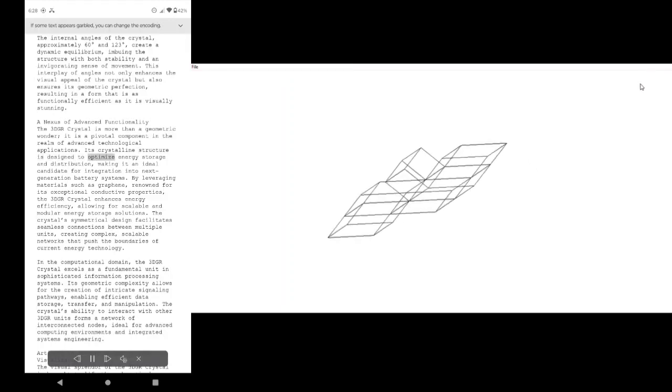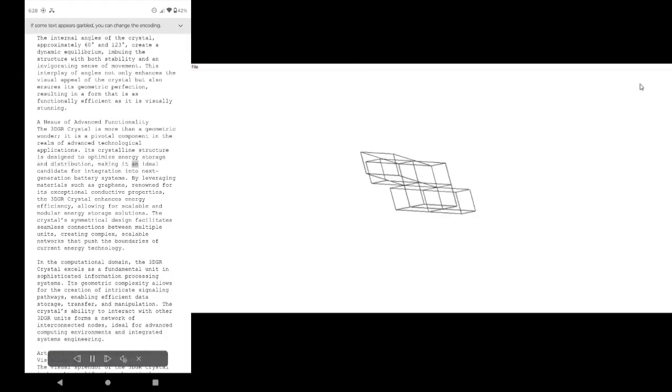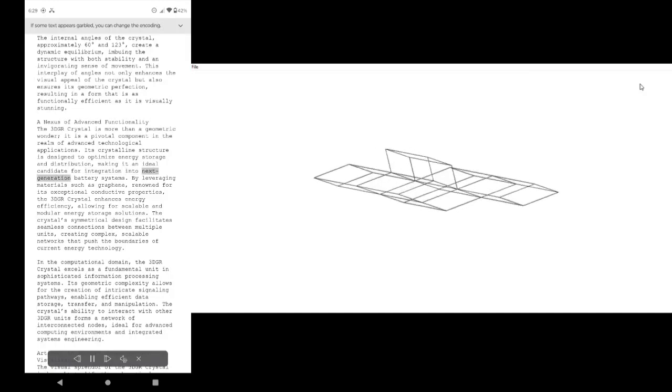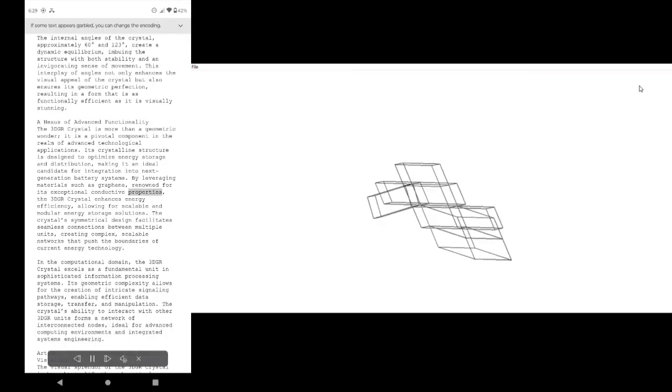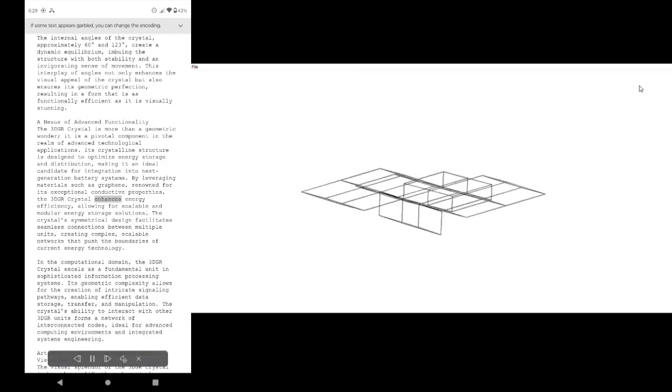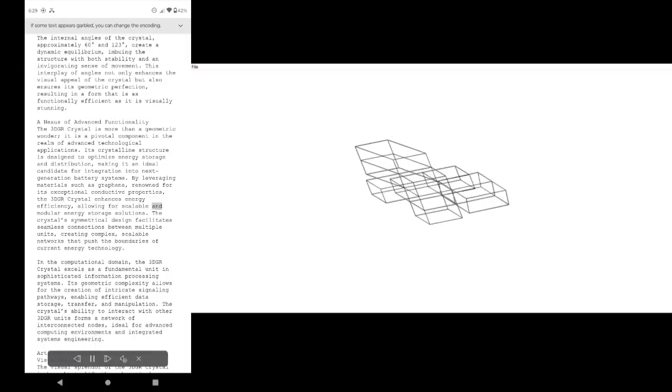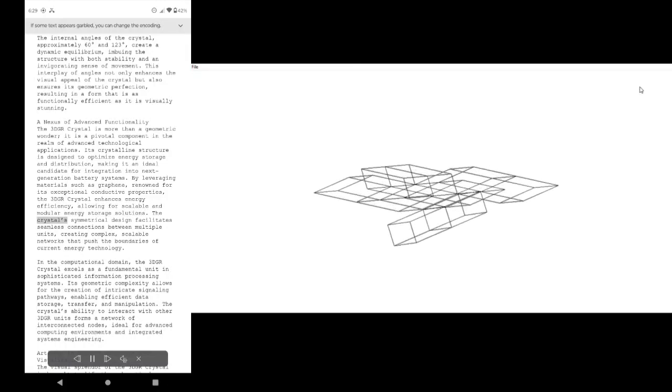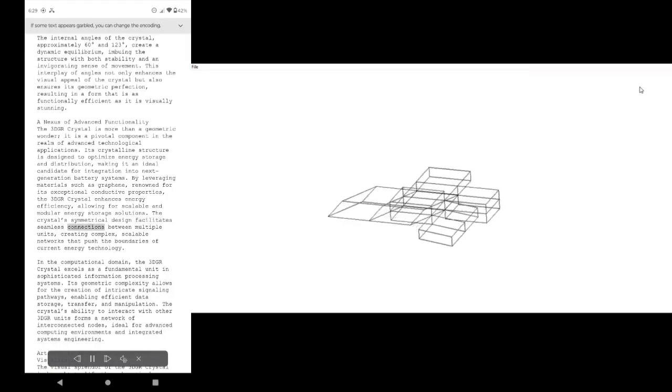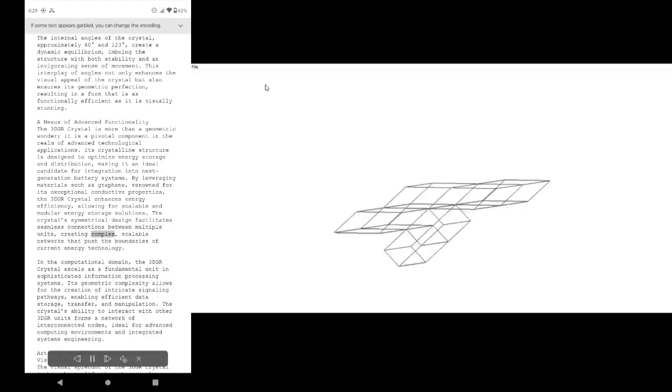A nexus of advanced functionality. The 3DGR crystal is more than a geometric wonder. It is a pivotal component in the realm of advanced technological applications. Its crystalline structure is designed to optimize energy storage and distribution, making it an ideal candidate for integration into next-generation battery systems. By leveraging materials such as graphene, renowned for its exceptional conductive properties, the 3DGR crystal enhances energy efficiency, allowing for scalable and modular energy storage solutions. The crystal's symmetrical design facilitates seamless connections between multiple units, creating complex, scalable networks that push the boundaries of current